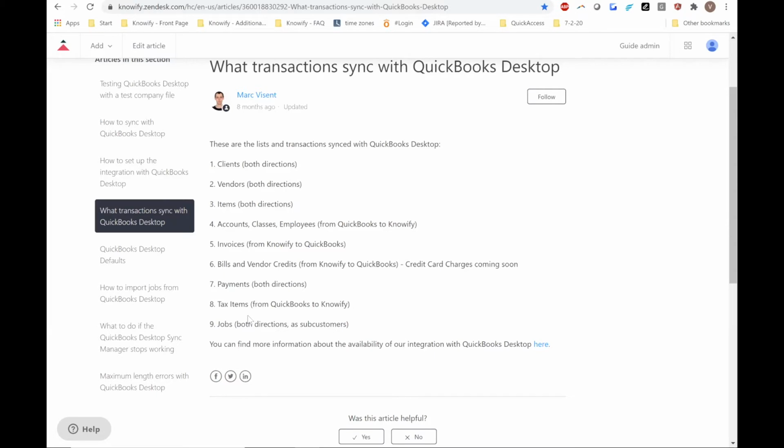So if you have jobs set up as sub-customers already in QuickBooks, Knowify will pull it in as a sub-customer and you can then convert it to a job. On the contrary, when you create a new job in Knowify, it will sync it over to QuickBooks as a